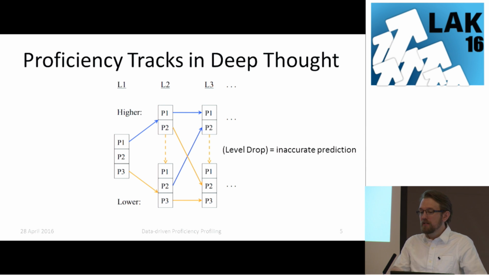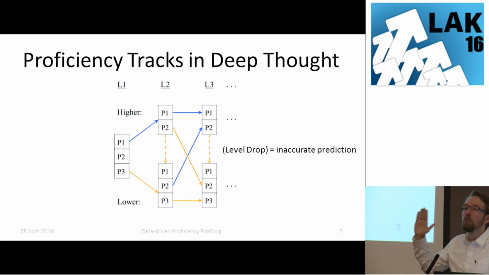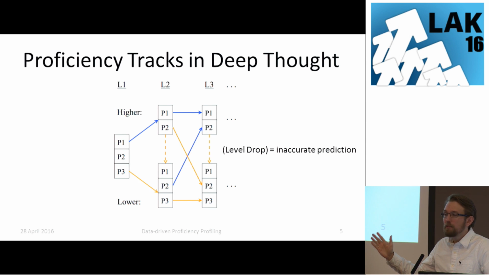So Proficiency Tracks, the idea here was to add some individualization a little bit, but rather than generating new problems at every step of the way, to start off is to have there be different tracks where some of the problems are considered harder or more challenging than others, and so everyone starts off and they have the same three problems. So this is what the P1, P2, and P3 means. So this is going to be kind of like level one. So there's the three problems that you have there.